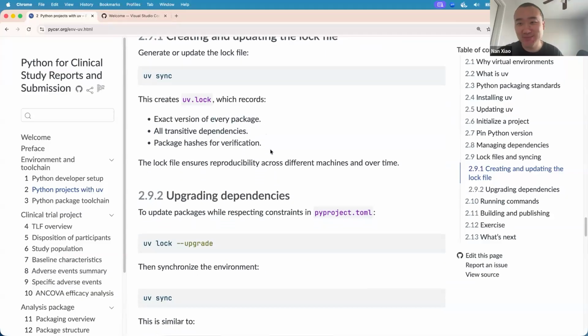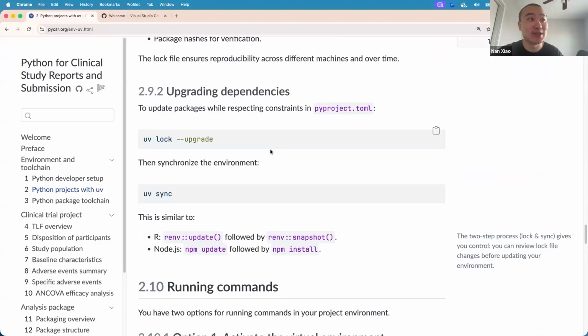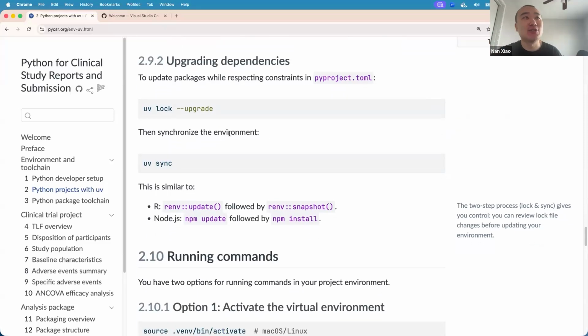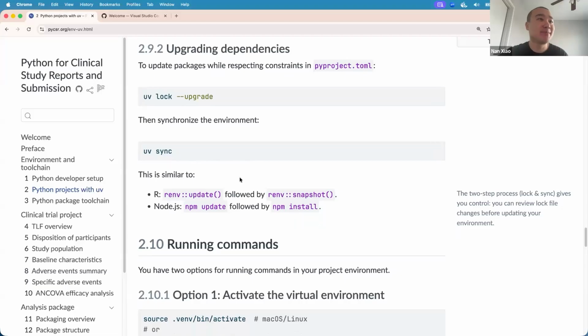Always do that when you actually open a new project you have just cloned, right? So to make sure that you have the exact environment that developers expect you to have, right? And then you can also have all these very useful commands for updating the dependencies, the lock file and everything else, and sync again, right?